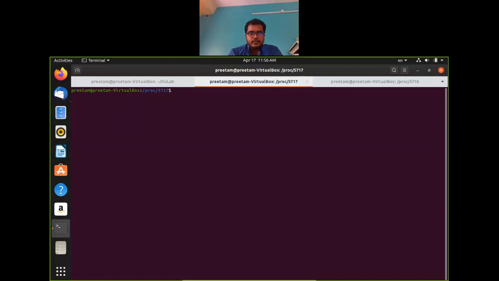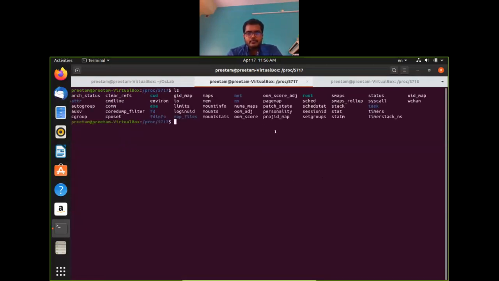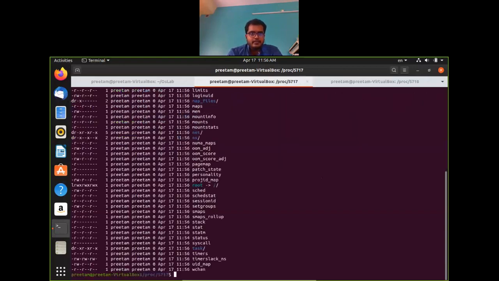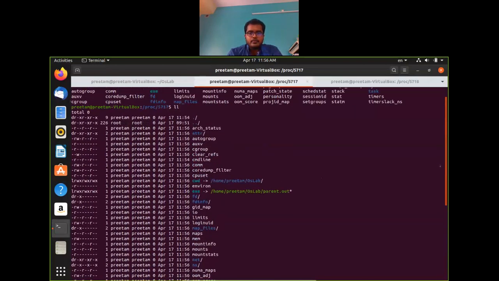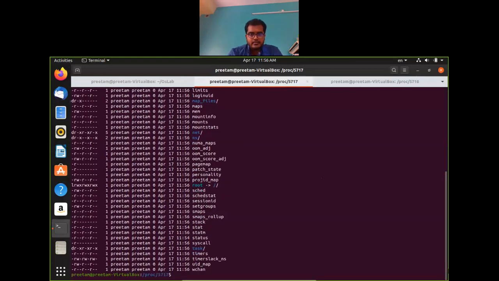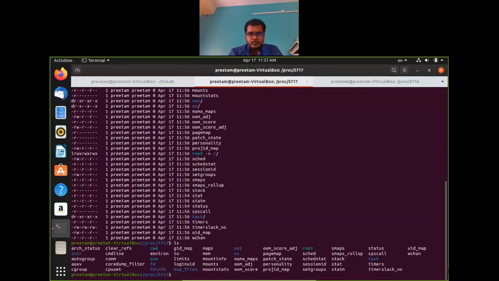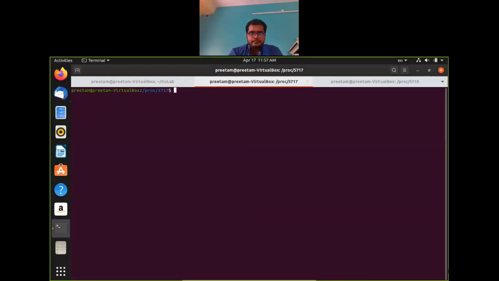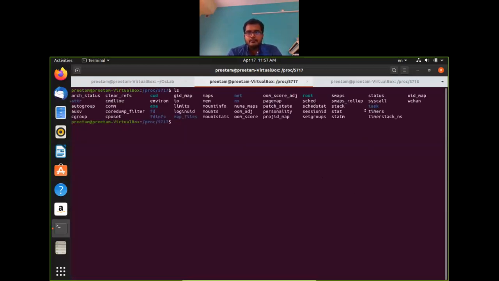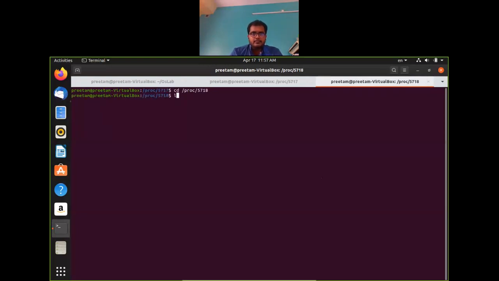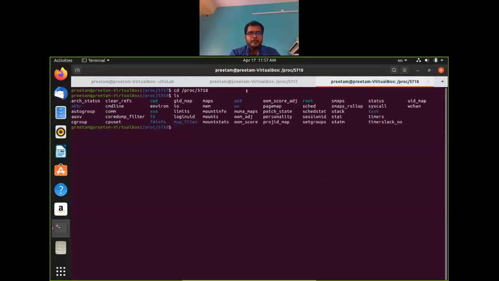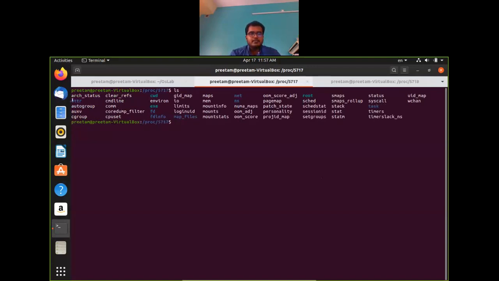And now we'll do ls, okay. So it is showing me some files and some folders again, okay. So if you do ll, you can see there are some folders and some files, okay. So we'll work with some of them. So let us do ls, which will have a clear output. Clear, ls, okay. So these are some files and folders. So we'll also do this ls over here. So we'll also see that the same files and folders are there, okay. So if you look at it, like the attr, status, clear_refs, cpuset, all these things are there, okay.